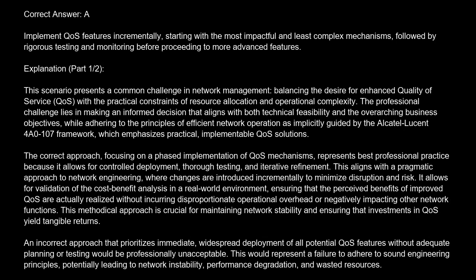The correct answer is A. Implement CoS features incrementally, starting with the most impactful and least complex mechanisms, followed by rigorous testing and monitoring before proceeding to more advanced features. Explanation. This scenario presents a common challenge in network management, balancing the desire for enhanced quality of service, CoS, with